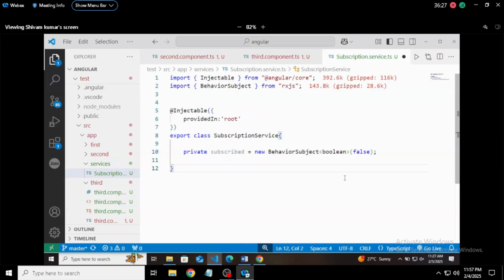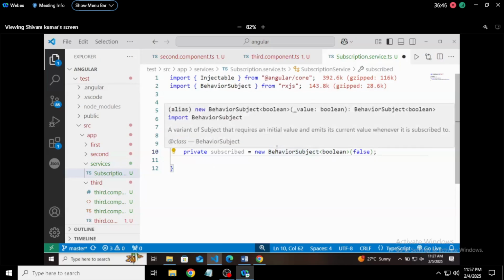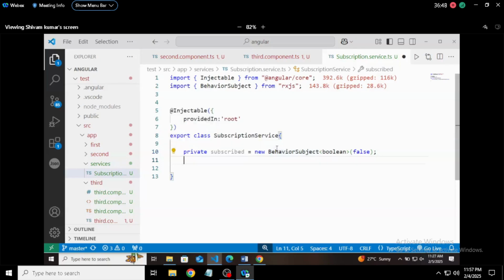So I am saying that they will deal in the Boolean value. Means either they will say true or they will say false. False means not subscribed. True means subscribed. That's it. After creating this private subscribe, we need to use this now, right? We need to use this. So I will say subscribed,